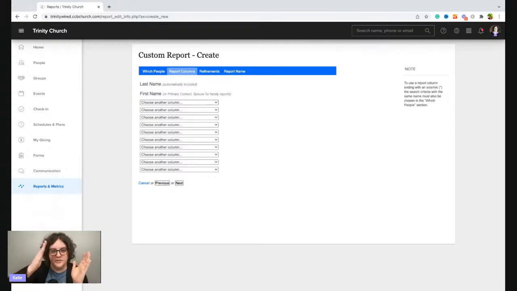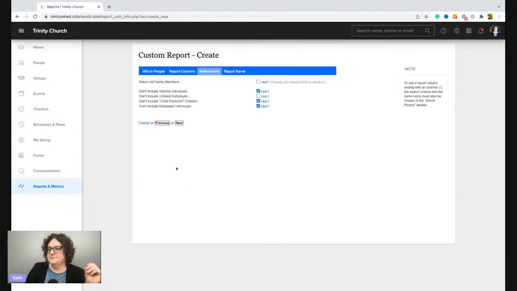So what do I want that Excel document to look like? The different columns. So maybe I want to have their age in there, and I want to have their actual birth date. So then our people can just lock in, like, okay, these are the ones we need to do first, type of thing. And then because they're doing cards, I want to be sure to add their mailing address. And so I would add all of those things. I'm not going to do that just for time. And then I click next.